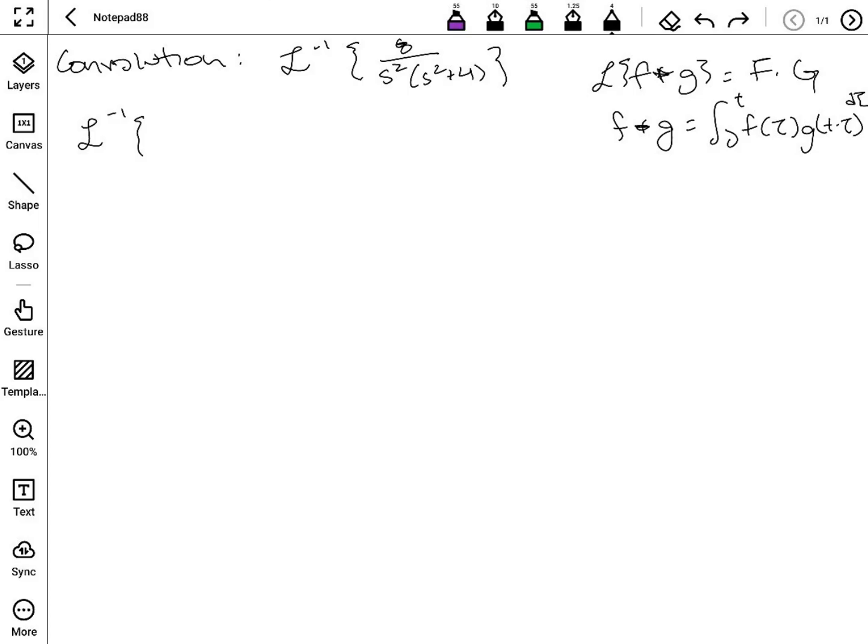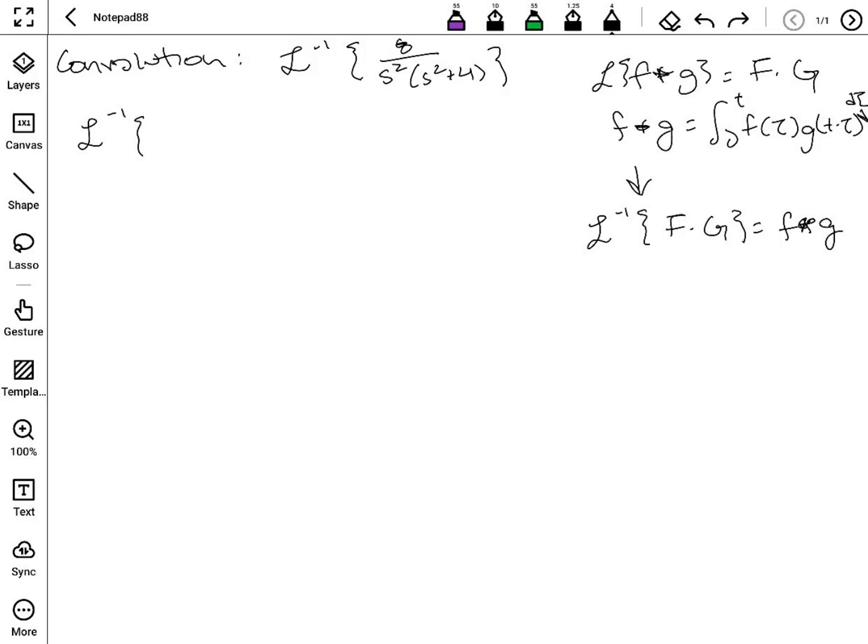Okay, got a little bit crammed right there at the end, but the convolution integral is f star g is the integral from 0 to t of f of tau g of t minus tau d tau, and the convolution theorem tells us that the Laplace transform of a convolution is the product of the functions in that convolution. The inverse of this is that L inverse of a product of two functions is going to be the convolution of the inverse of those two functions, where convolution is indicated by the star and is not the same as